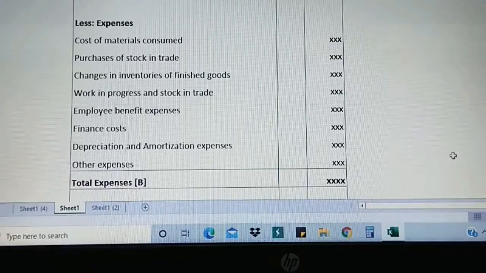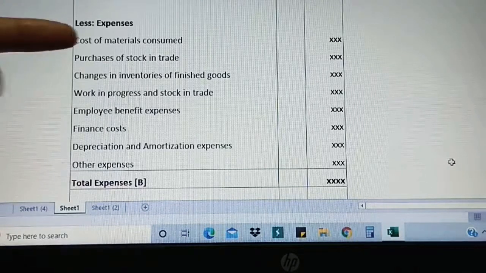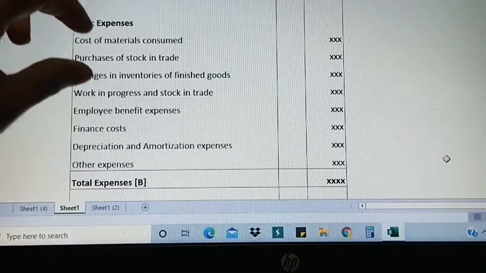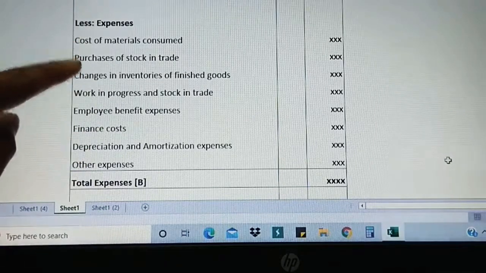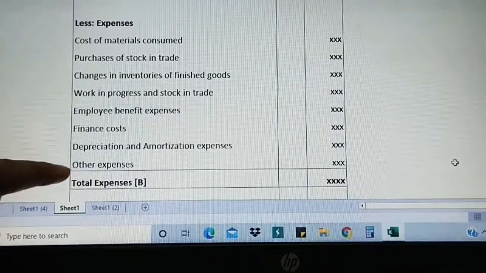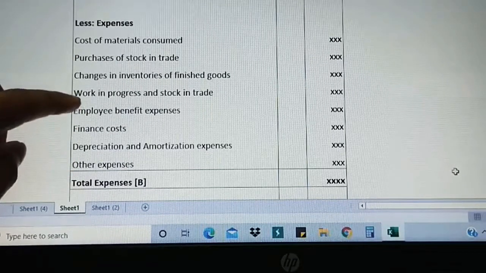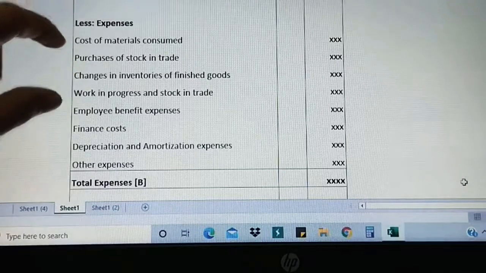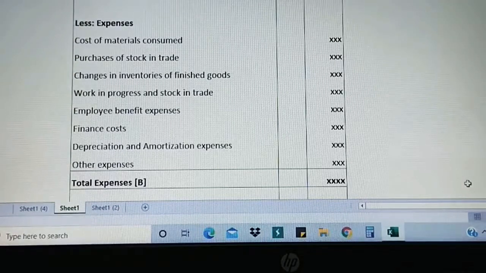You have to observe this. You need not mug it up, you just keep revising it, or you divide it. See how many items we have: 1, 2, 3, 4, 5, 6, 7, 8. Overall, the expenses are divided into two: the first four and the next four. Keep this in your mind so you can easily remember.